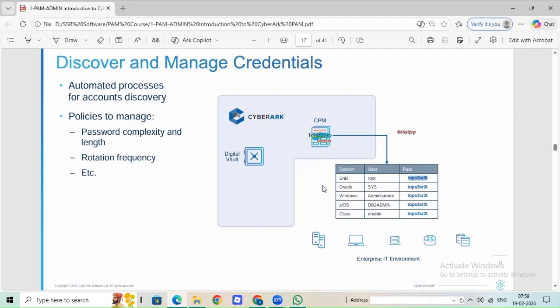If the target system password and the CyberArk vault password are different, then users will not be able to connect to the target system. Correct? If users are not able to connect to the target system, definitely there could be an out of sync password. If the password is out of sync, then what could be the next action? That's why our CyberArk PAM is always